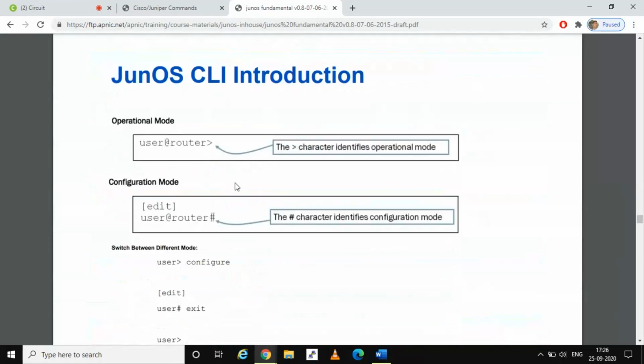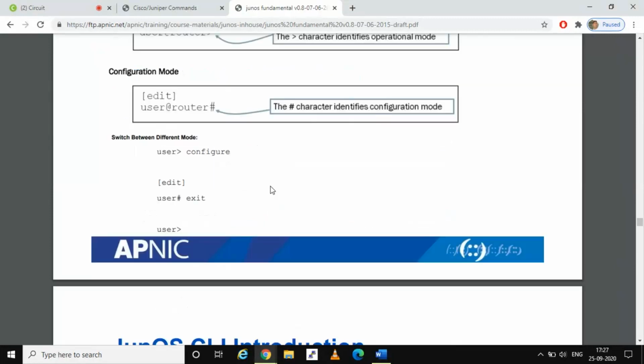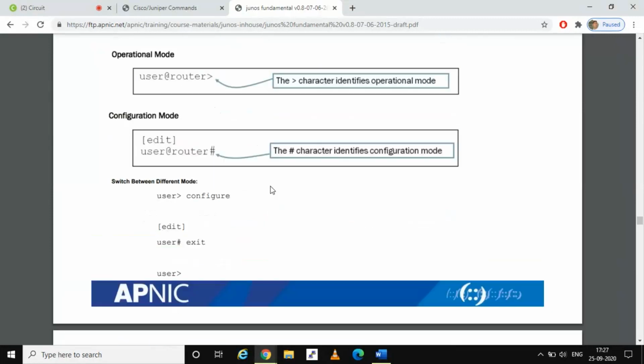We have two modes on the Juniper side: operational mode and configuration mode. The greater-than character shows that you are in operational mode, and the hash character shows configuration mode. If you are in operational mode, type configure to reach configuration mode. Once you type exit, you go back to operational mode.